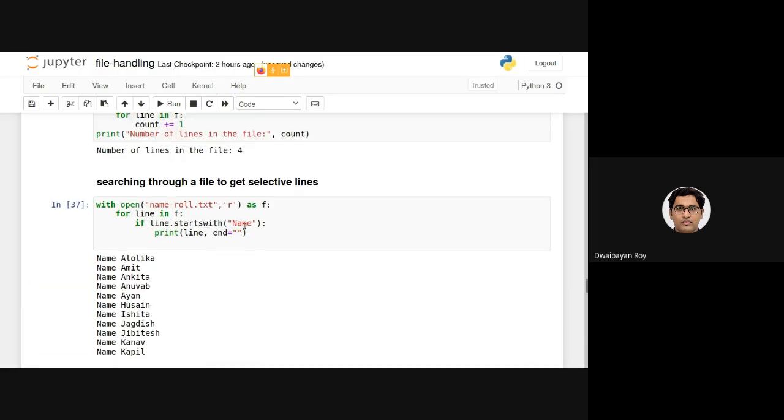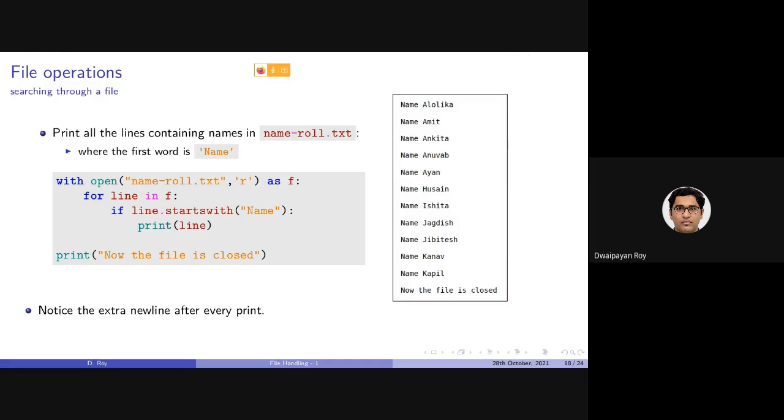Here, although I am specifying the ending as empty, these lines are being printed on different lines, as you can see, because the last character in this line, so line is a string, right? The last character in this string is actually \n. That's why individually they are being printed on different lines, although I have specified the ending as an empty character. So this is the reason: after applying this for loop or using the readline function, by default there will be a \n character at the end of the line.